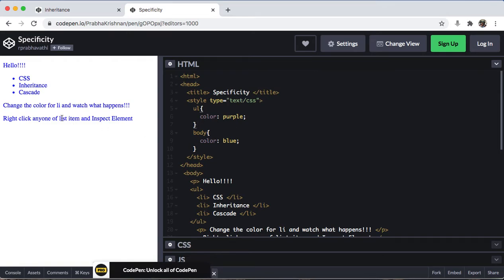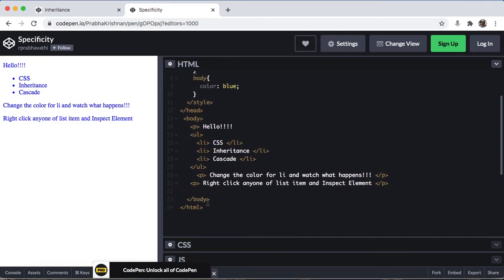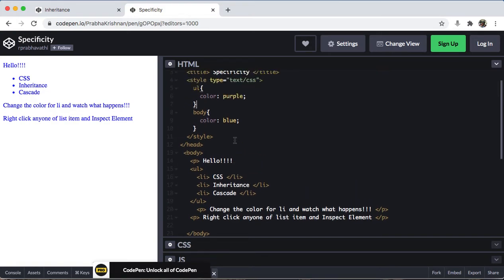And what's happening here, change the color of li and watch what's happening. Right click any of the list items and inspect element. Change the color for li.